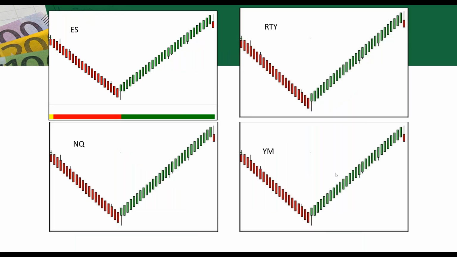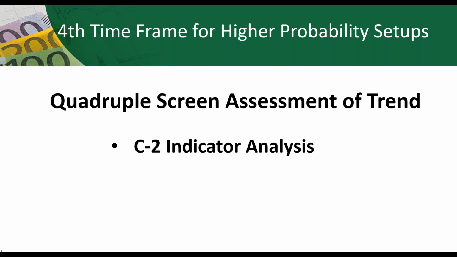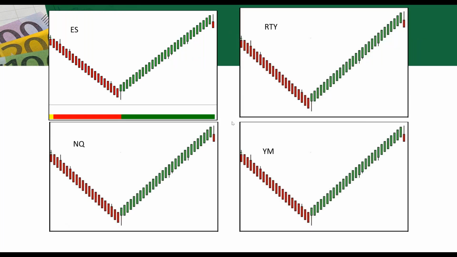So let's say you have ES going up, NQ going up, YM going up, RTY going up. You think that if all the markets are going the same direction, it's going to help your trade? Absolutely. Let's say NQ is going up, YM, RTY, and ES are going down hard. What do you think is going to happen with NQ? It's going to end up following them, right? So we pay attention to these things. It's like the old saying, a rising tide floats all boats. Well, it's kind of the same way in the markets.